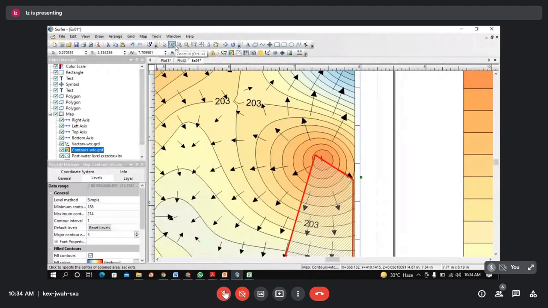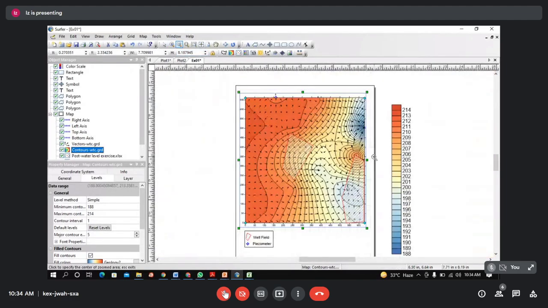So, what are the causes? What are the reasons why we have a mound and a cone of depression? Certainly, there could be some surface water bodies which are providing recharge in the form of seepage. Here we may have pumping, or by any other means there is a discharge area. So this is how